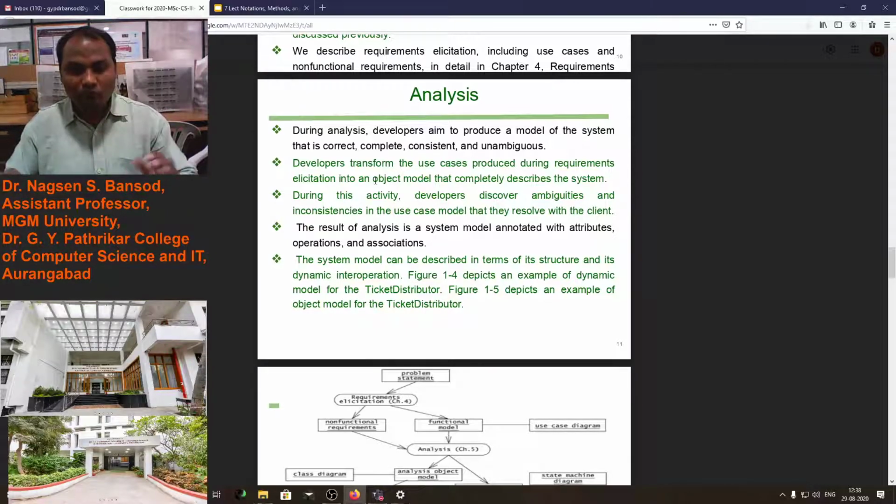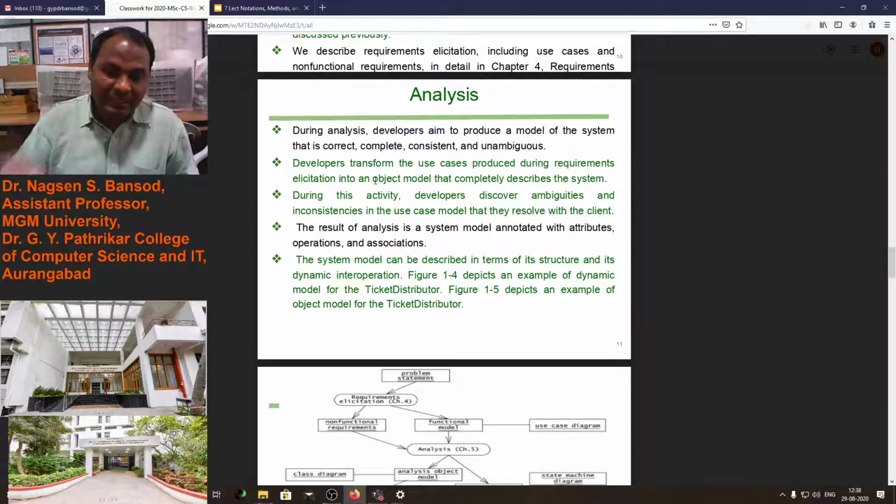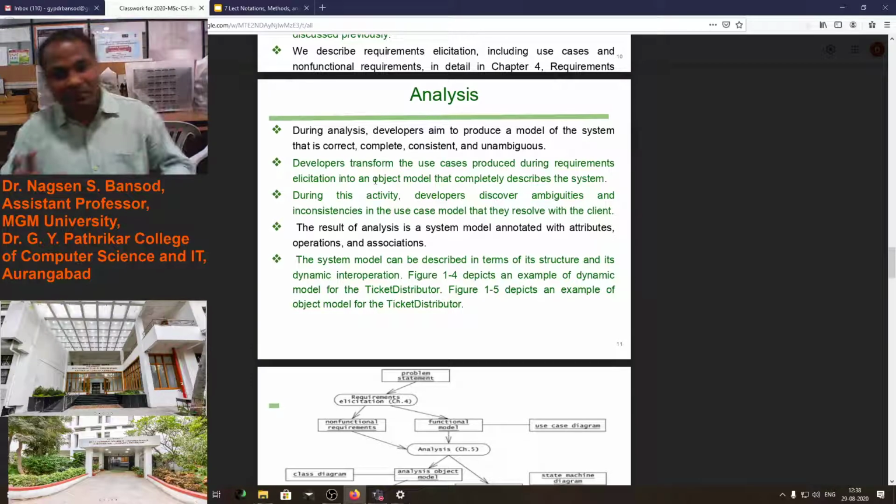A complete flow is needed, a complete software process. Consistent means the software should not be jumping: I should not develop software now and next month show another component of this software. That should not happen in the analysis stage.